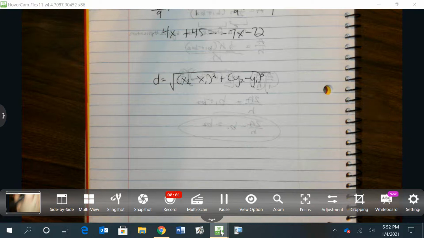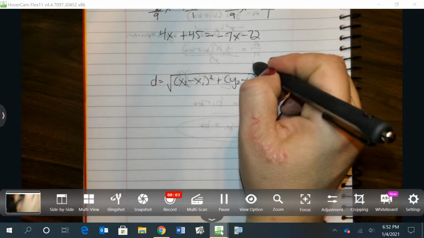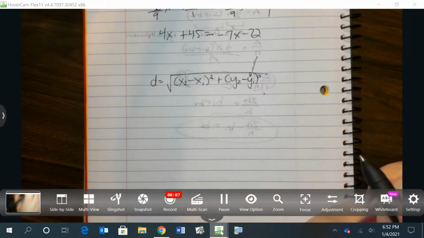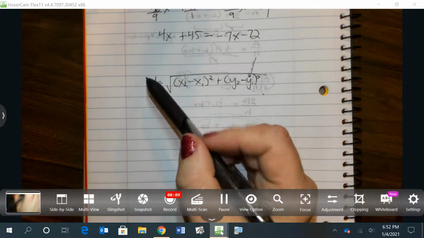How do we solve this problem for y sub 1? So this is what we want to get by itself. How do we get this by itself? Well, similar to one of the problems I did in the homework today, and you could go back and watch